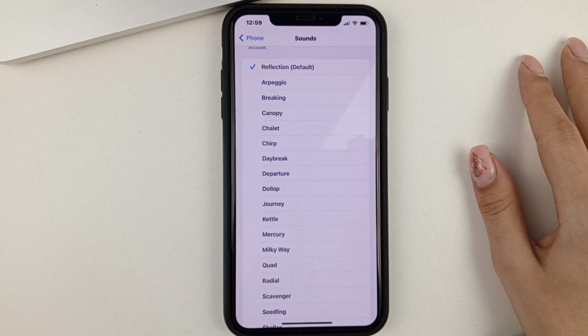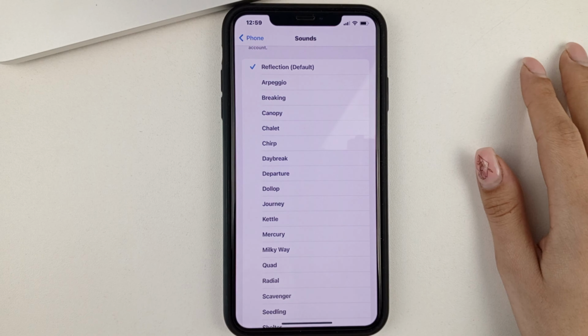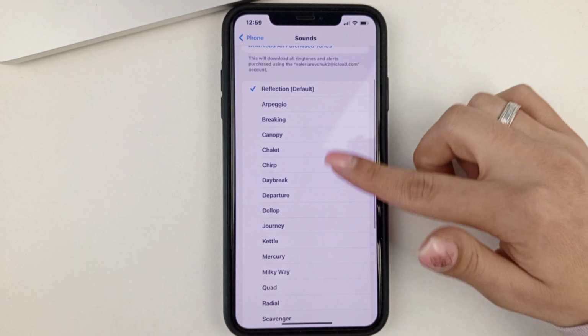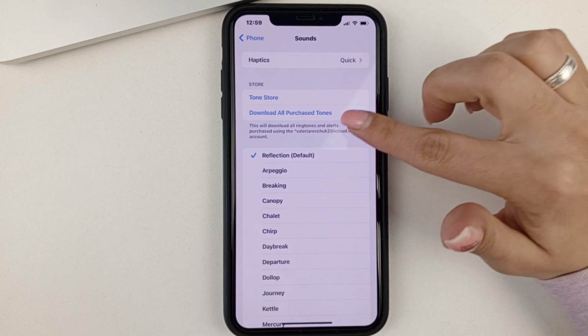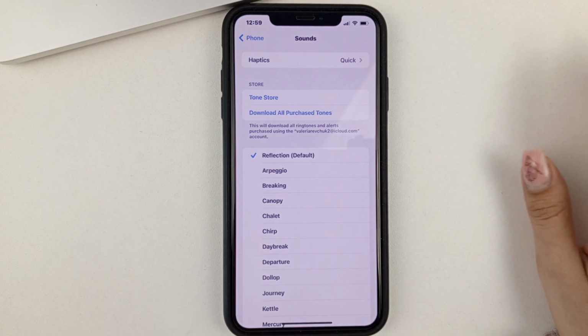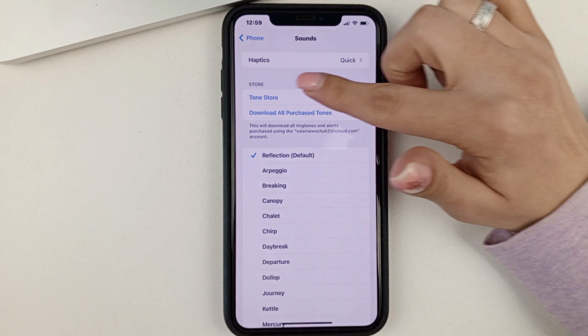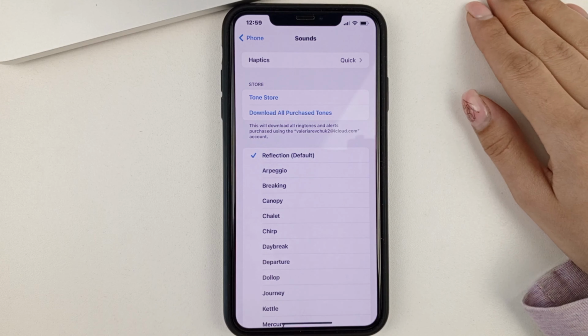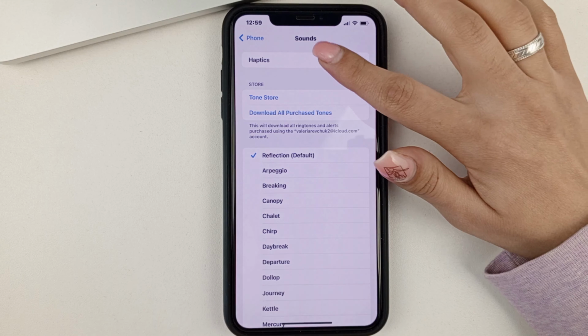You and I can choose any sounds that are there to put on our ringtone, incoming call. Once you choose a ringtone, or you can add your own from the Tone Store. At the top, you can choose a tactile experience. After you click on Haptics,